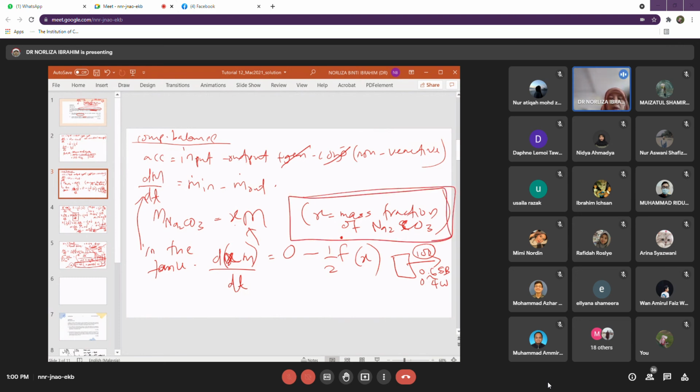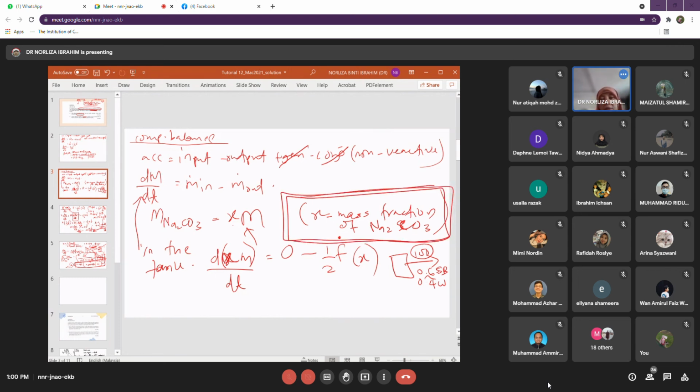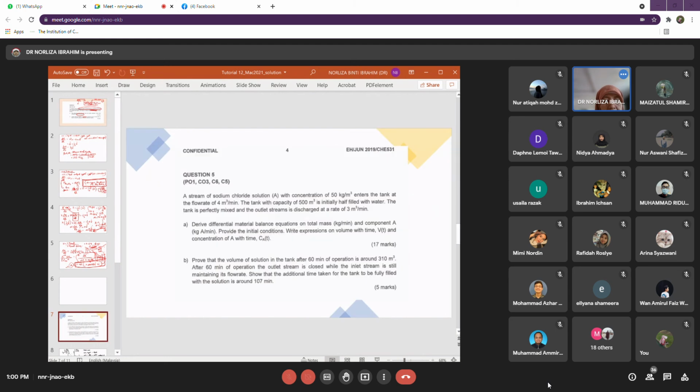Okay, the correct assumption is this one, X, where X is my mass fraction of the sodium bicarbonate. All right. Okay, so for this one,